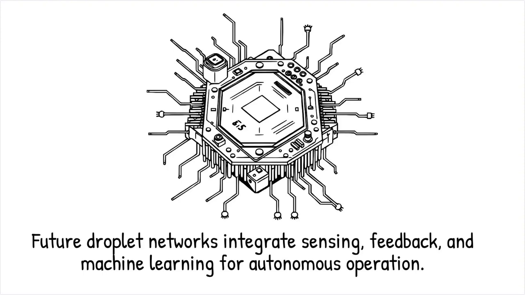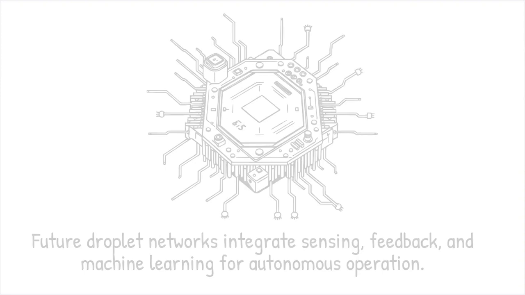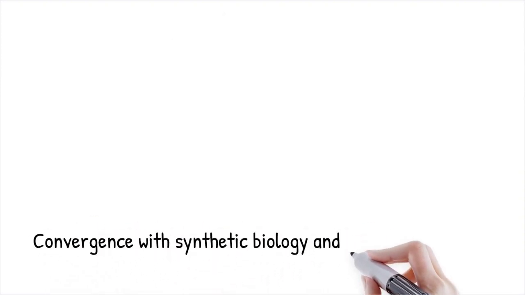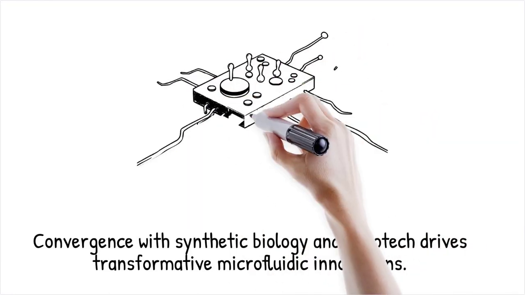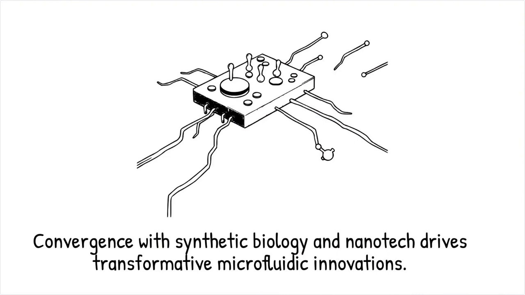The convergence of droplet microfluidics with synthetic biology and nanotech promises transformative innovations. An intelligent chip routes drug-loaded droplets based on patient biomarkers detected on site. Like a miniature brain, droplet networks will think, sense, and act at the micro scale,